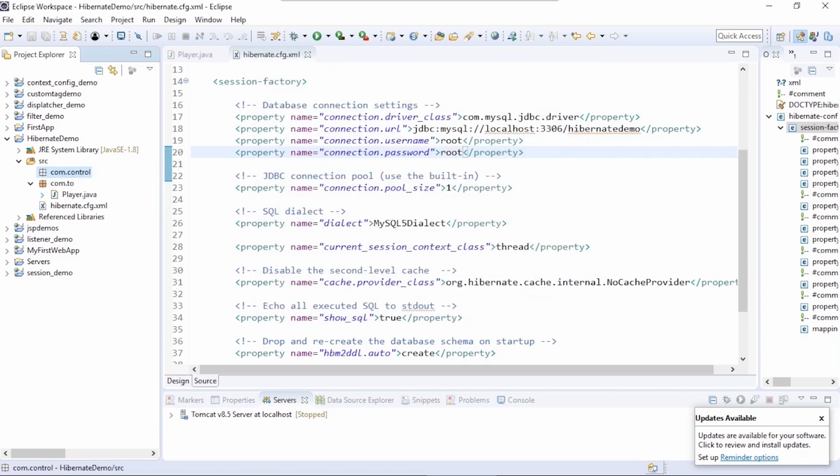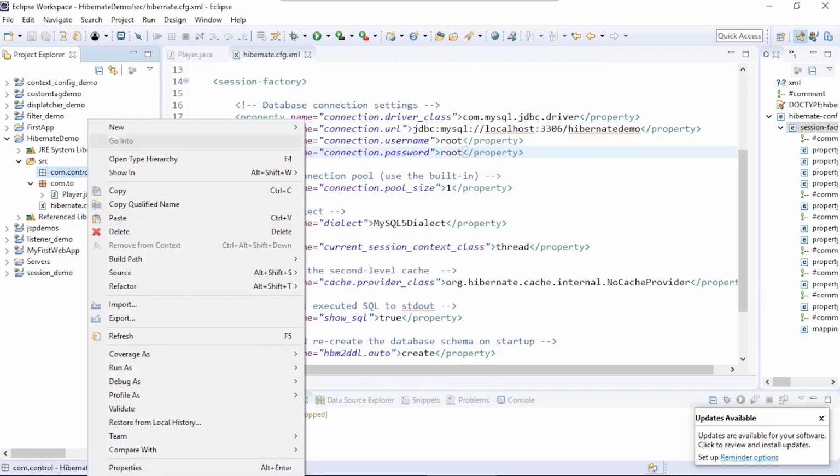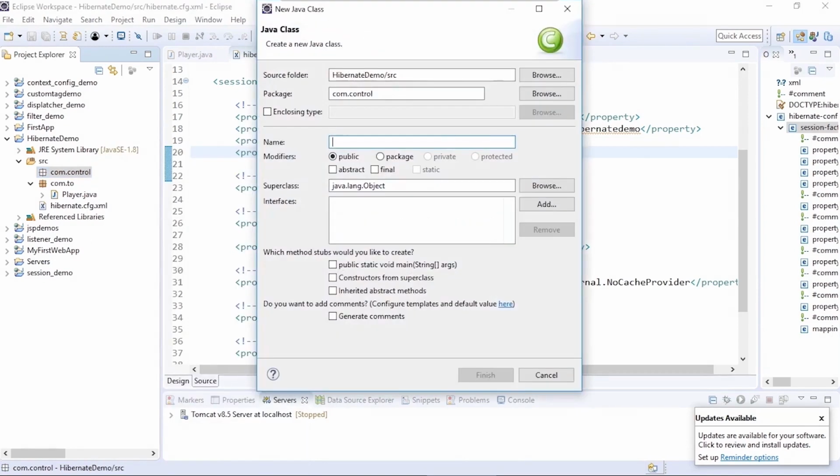We'll add a new class and call it Hibernate main. Add a public static void main to this class.